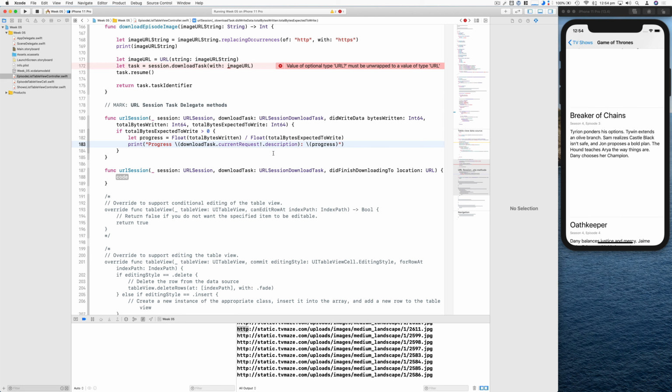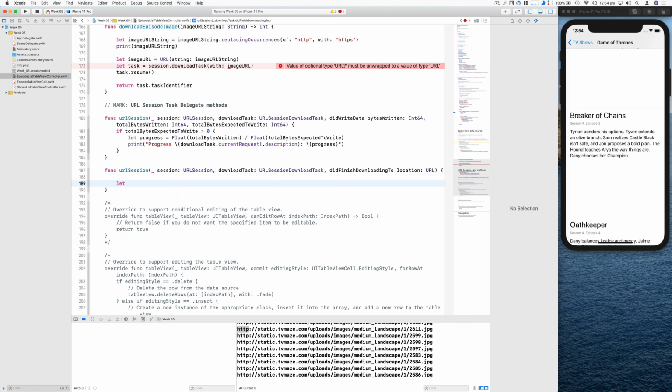and with this description, I think this will print the URL that's being printed, so we should be able to see what the progress is. So there's my progress. What do I need to do for my code when this did complete? Okay, well, let me do this. Let me say let my